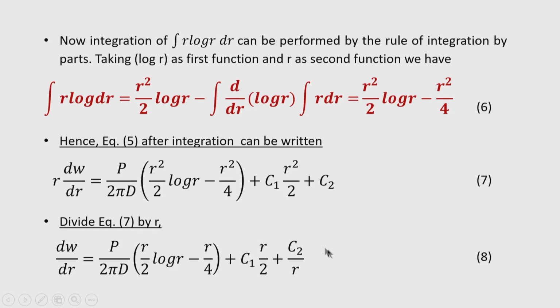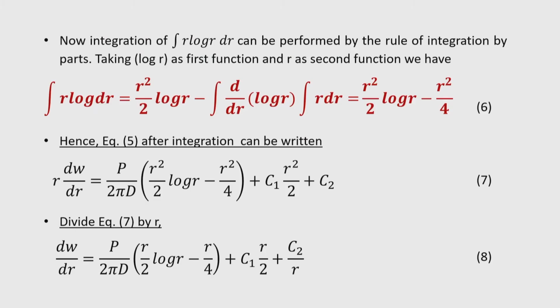Now, this expression represents the slope along any radial distance, because it is an axisymmetrical problem. So, at any angular direction it will be the same. Now, you can see the features of this expression. At the point of application of the load, that is, the load is applied at the center because it is a concentrated load. So, at r equal to 0, you will get that dw/dr is an undefined quantity. That means, in the vicinity of the center only the slope can be evaluated, but not exactly at the center.